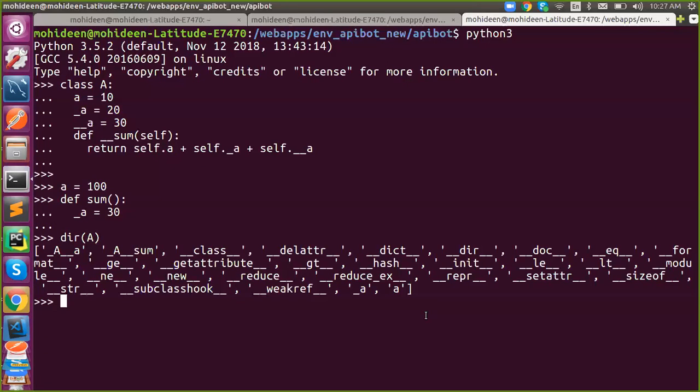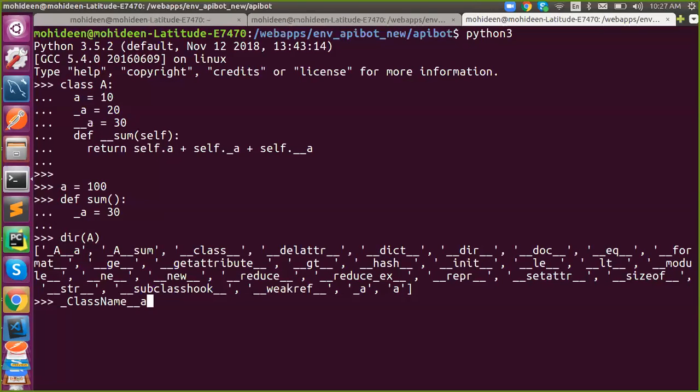So the private variable will be replaced: double underscore a will be replaced with underscore class name, underscore. And then what is the remaining? Underscore a is the remaining, right?